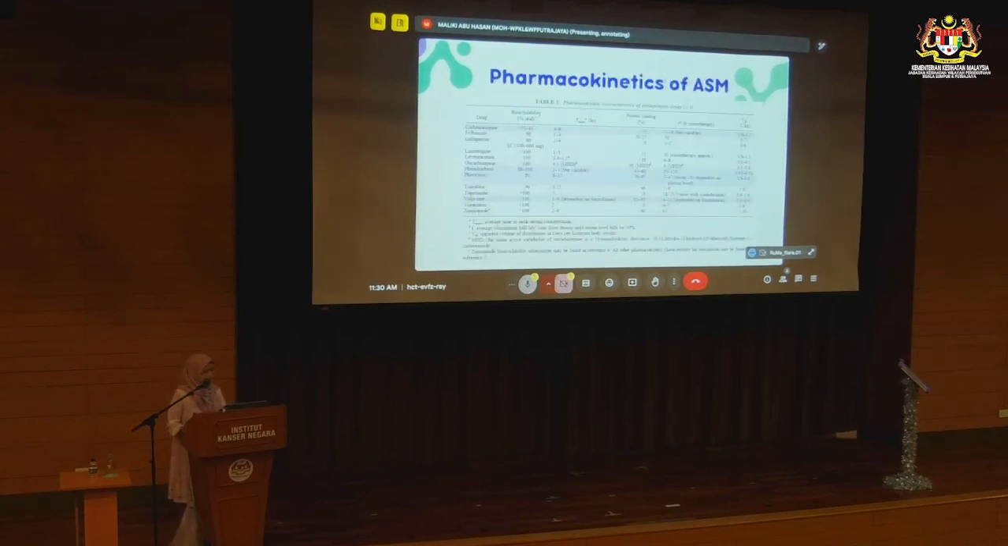Okay, so these are the pharmacokinetics of ASM. So you can see the bioavailability here. Generally, they are very well absorbed. The Tmax will take about 4 to 8 hours, or up to 12 hours for phenytoin. The protein binding is especially high in phenytoin and valproate. This is the half-life and VD of the drug. So this is what we use, the population parameters, to help estimate what levels patients should get